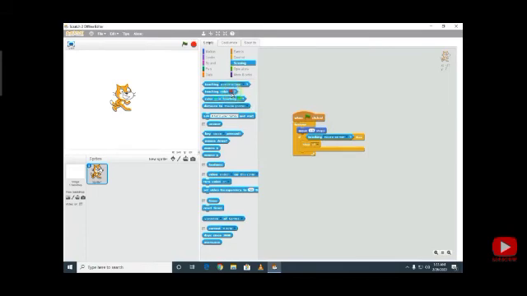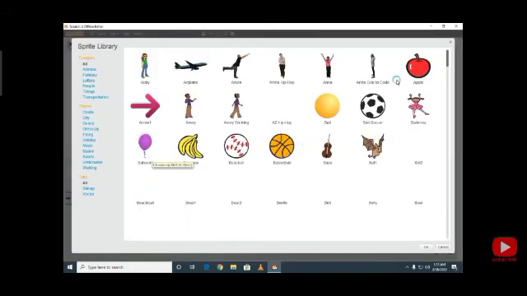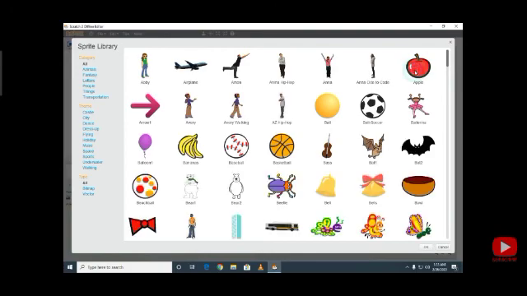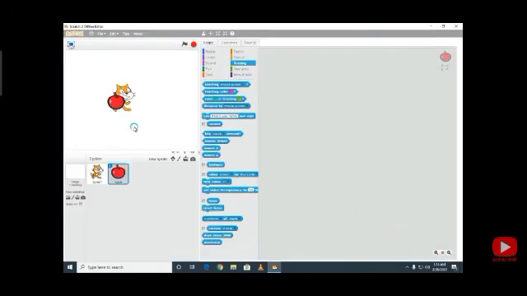Now we have touching color, in which when it touches any color that I have given to it, it will stop. I will show you. I will select one more sprite. I have selected this apple. Now it is here. Now I will select the color from here.